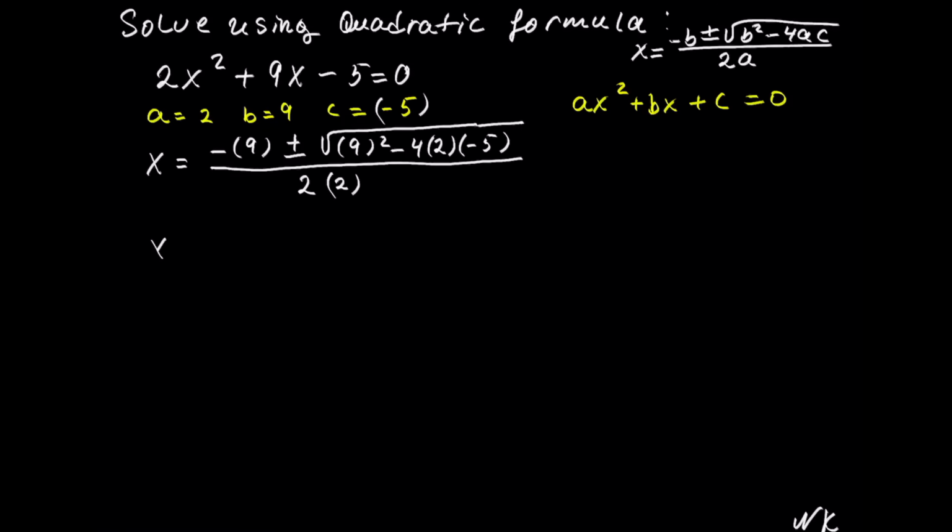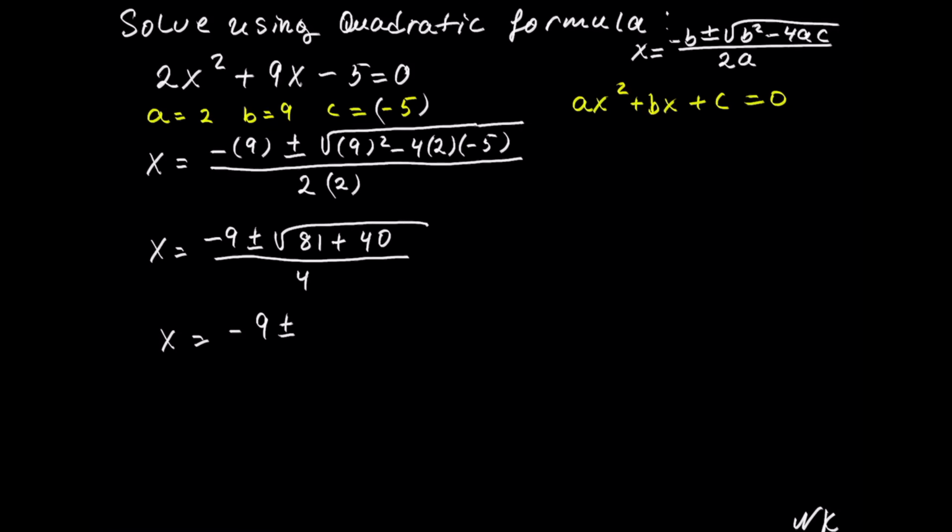So now we get x is equal to negative of 9, which is just -9, plus or minus square root of 9 squared, which is 81. Negative 4 times 2 times -5, we have negative times negative, which will give us positive, so plus 4 times 2 times 5 is 40, so square root of 81 plus 40 out of 2 times 2 is 4. This will give us x is equal to -9 plus or minus square root of 81 plus 40 is